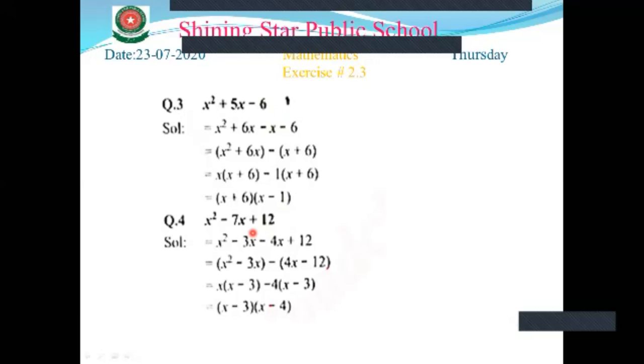Because we know that when we multiply two numbers and both numbers have negative sign, in answer it will be positive. But when we add two numbers and both have negative sign, in answer we also have negative sign. Minus 3 minus 4 is minus 7. Now compare the first two terms and next two terms. From first two terms, we take the common x, so it becomes x minus 3. From next two terms, we take the common minus 4.